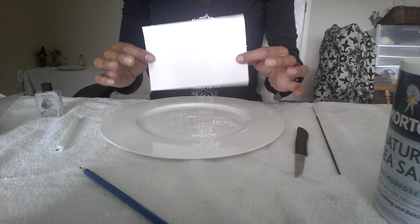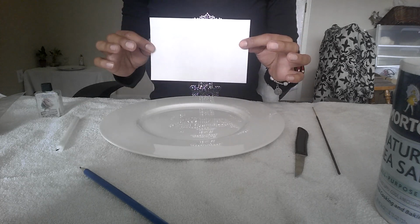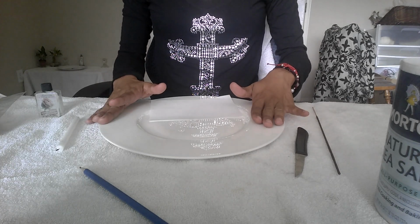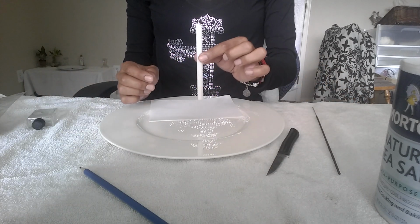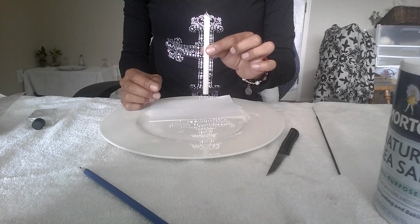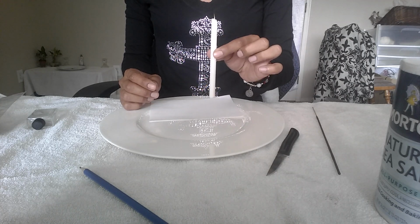Okay, so what you're gonna need to do is get a blank piece of white paper or a brown paper bag. You're gonna need a plate, a flat plate, a knife or a needle to carve into your candle, a white candle or a pink candle. A pink candle is for love and it's for healing. But if you don't have a pink candle, you can use a white candle because a white candle can substitute